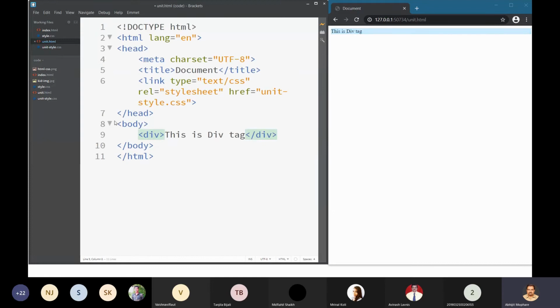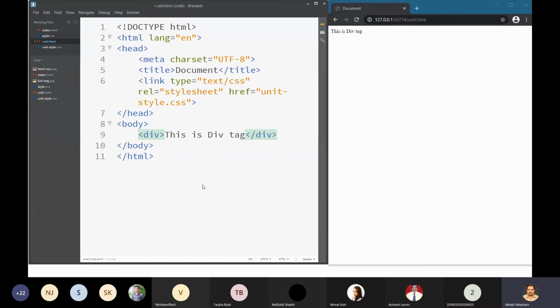Now Brackets is a very intelligent editor, and it is very handy for the web programmer. Suppose I want to write the CSS rule for this div tag. I don't have to go directly to the CSS file. In the HTML file itself I can do it. How to do it? Just place the keyboard cursor, not the mouse cursor, because the mouse cursor can move, on the tag that you want the CSS rule to edit for.